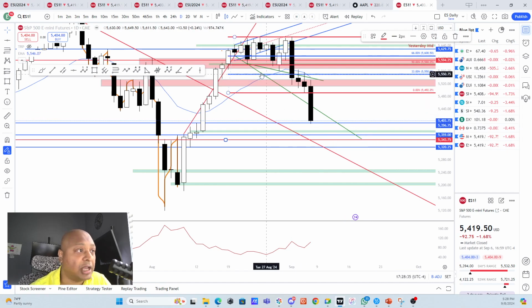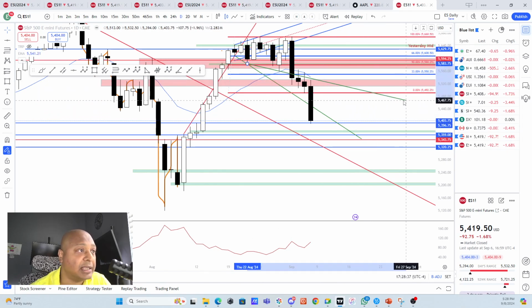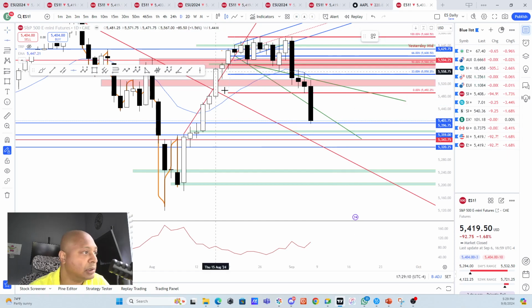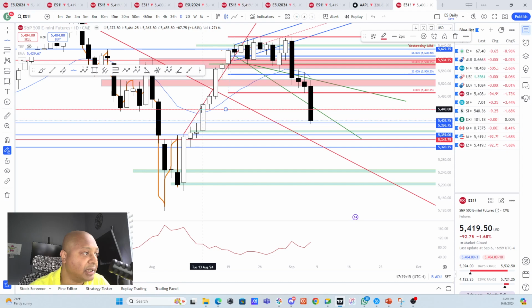However, at this point of time, I will keep this expanding triangle lines extended as we go up. These trend lines may actually work as an area of resistance. Especially, I will be looking that if the price goes up again tomorrow and we come to this 5526 area, this will be another area where the price may get rejected again, just like we did on Friday. However, while the price was going up, this was the EMA gap bar that got created, and at this point of time, I will keep a line here as well. This will also work as resistance in the 5440 area on the daily chart.